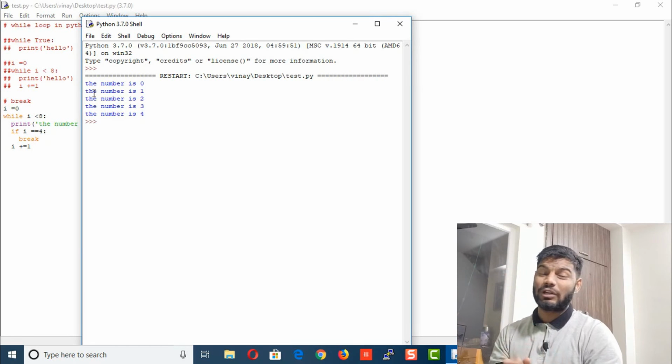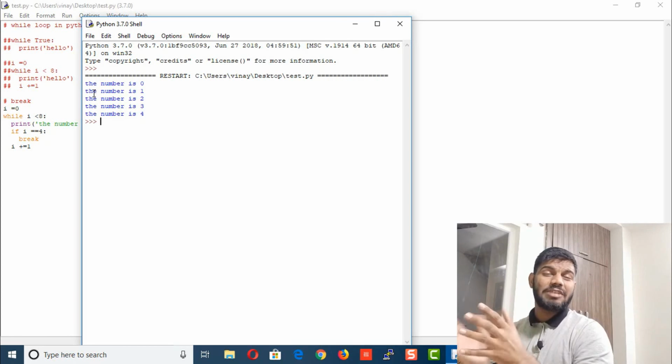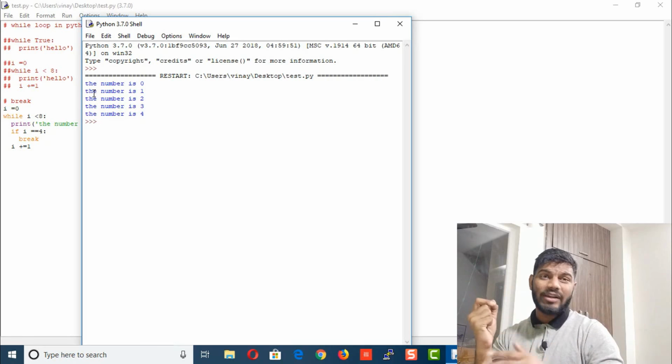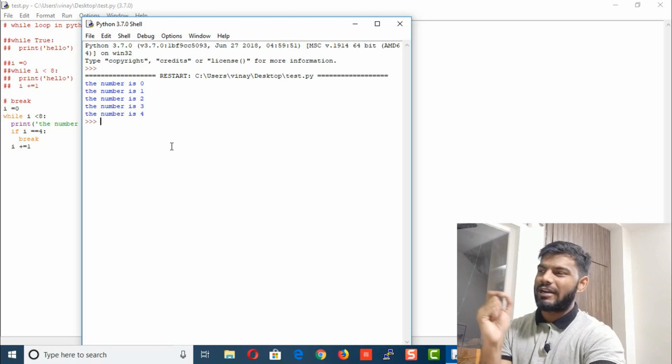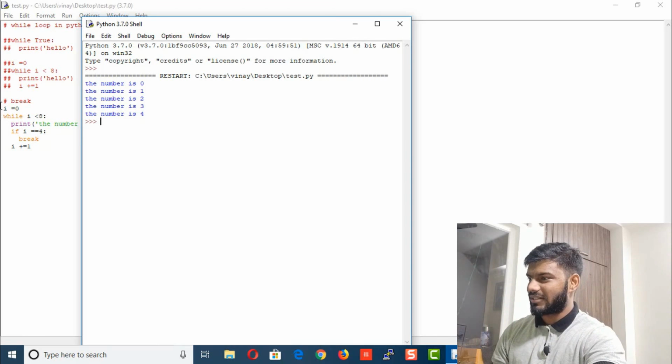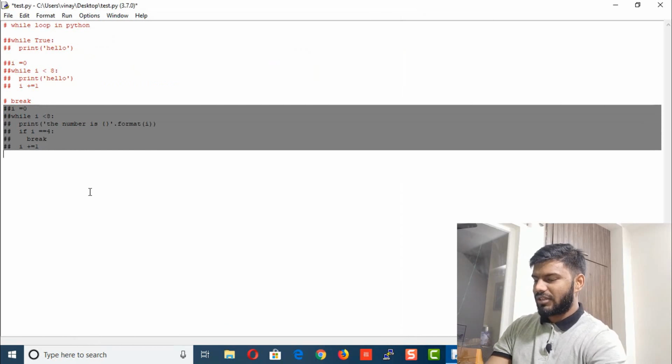Similarly, we have another one called continue. And what does the continue statement do? It will stop at the current iteration and move on to the next iteration. Means it will skip one iteration. So for continue, I'll just comment that out, and same thing for continue,